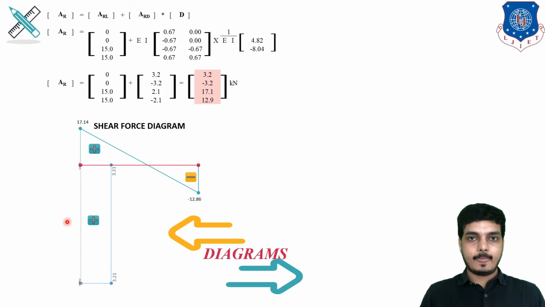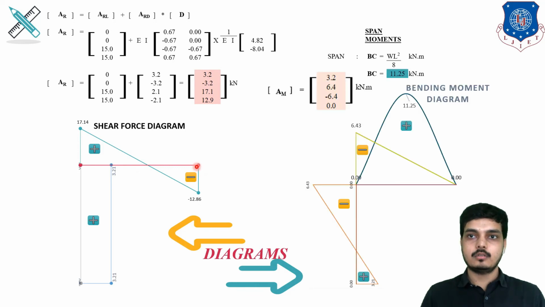Now look, let's understand how to draw this diagram. As we have considered the right side as positive, if it is coming positive, then right side, and then straight because of no loading, and there will be left side negative, and upward 17.1, 17.1 minus 10 into 3 will be leading towards minus 12.86 and then closing its value.